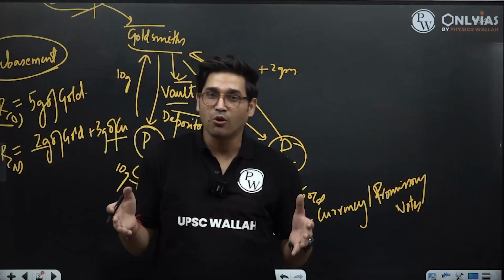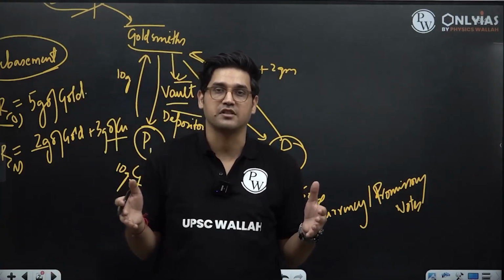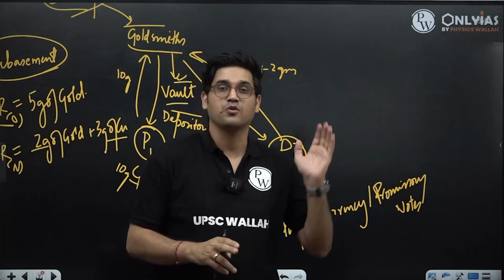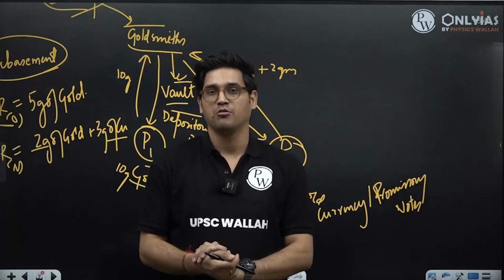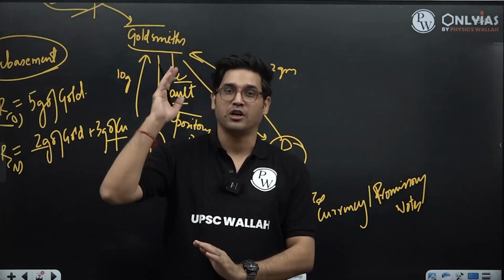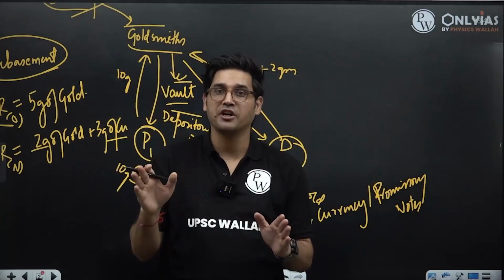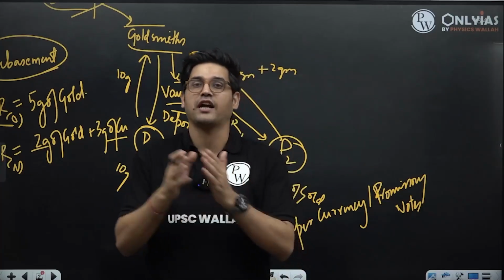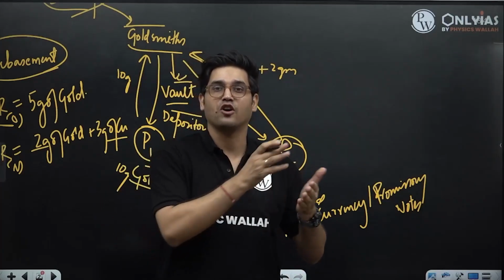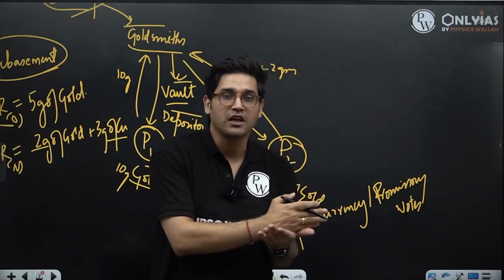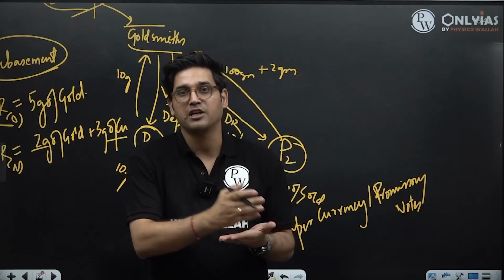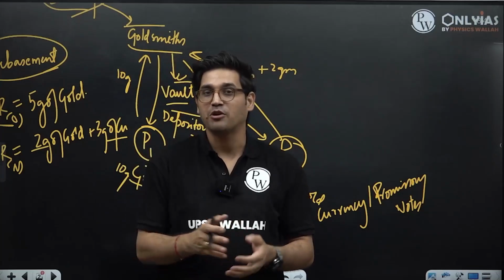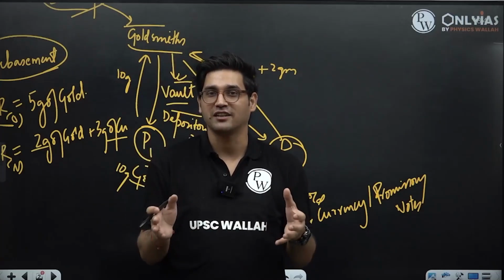So what you know of money today, which is currency, is only a specific type of money. And this was the evolution of paper money. From barter systems, which were non-monetized economies because there was no universal medium of exchange, to monetized economies in the form of commodity money, then metallic money, and from metallic money you came down to paper currency. This is about the evolution of money, right?